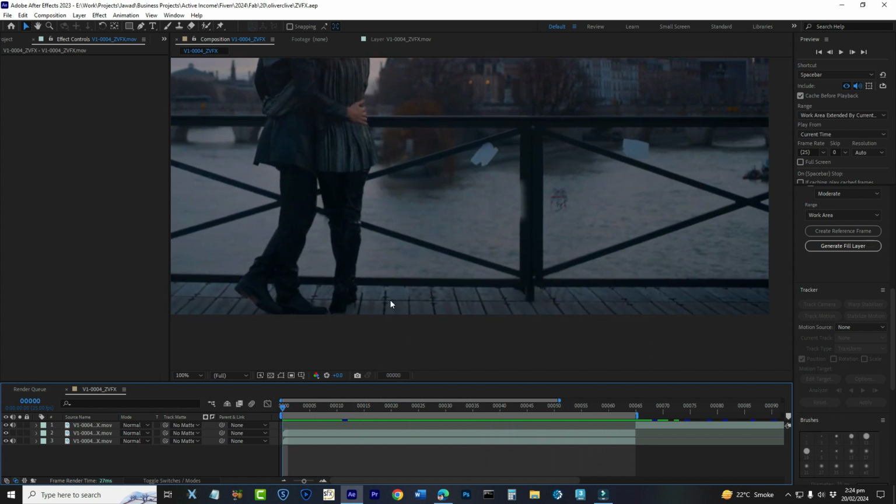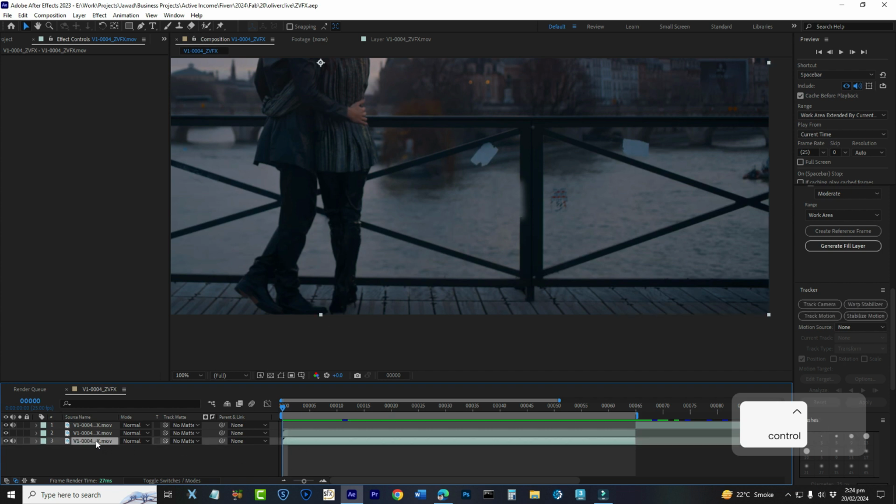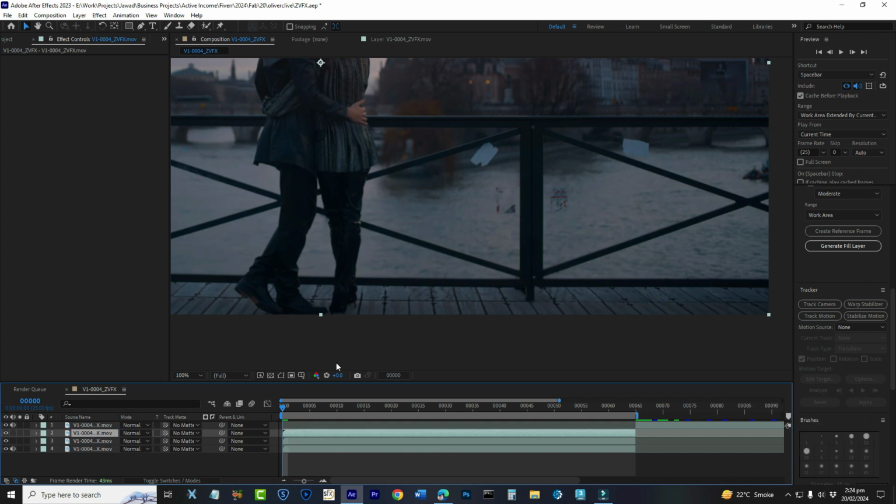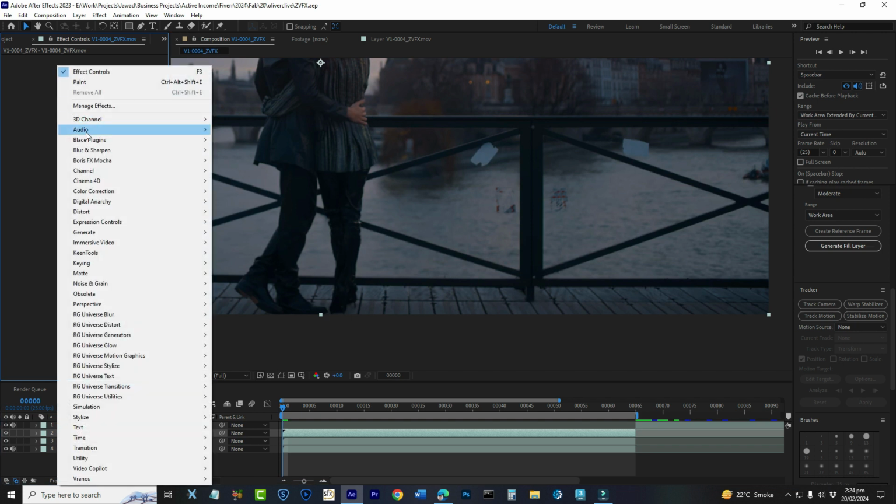So now we have to do some rotoscoping to bring that railing on top of that shape, and to do that I will duplicate that layer, turn off its audio and bring it above this layer, and then I'll save it. Go to effects control, right click, go to Boris Effects